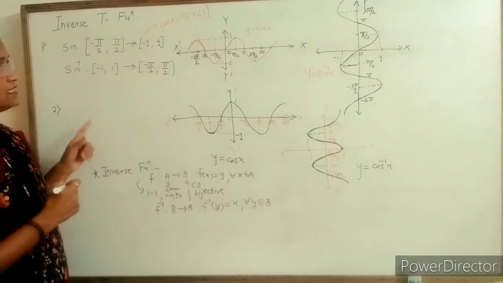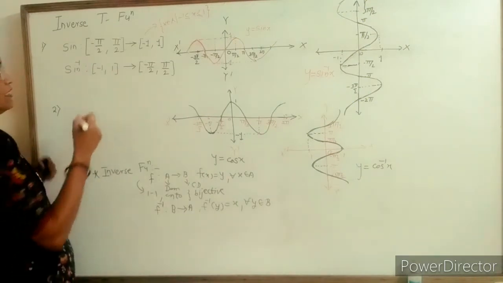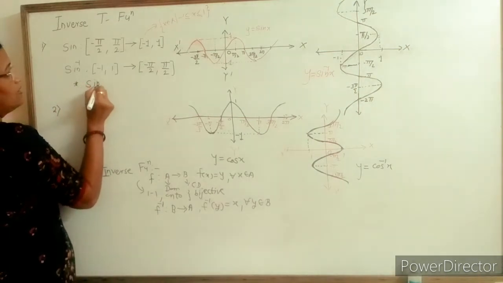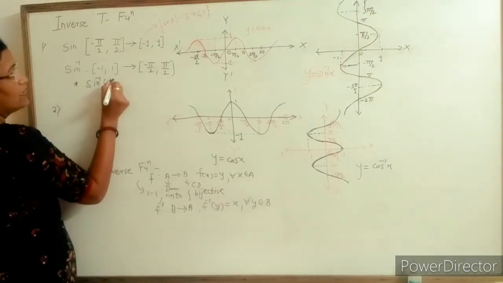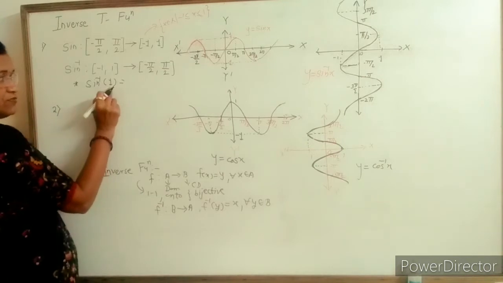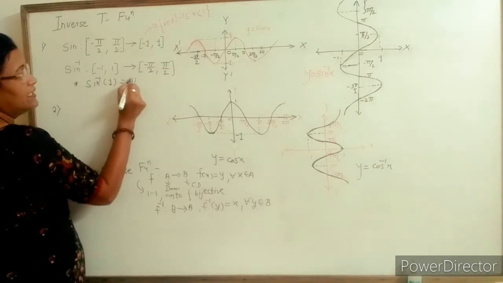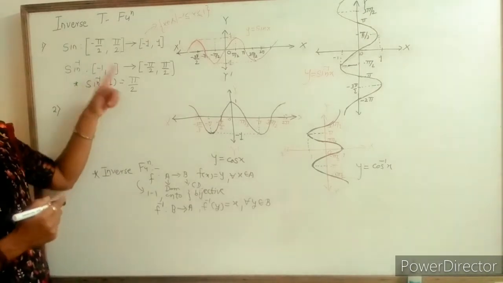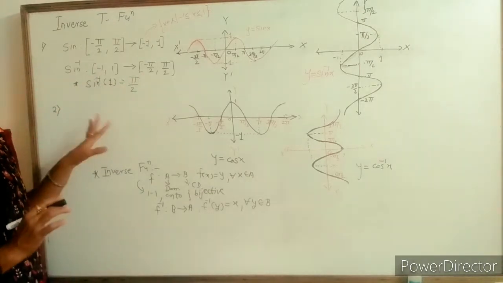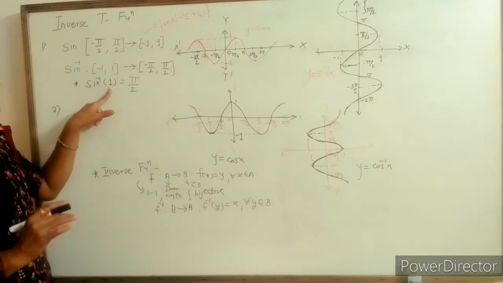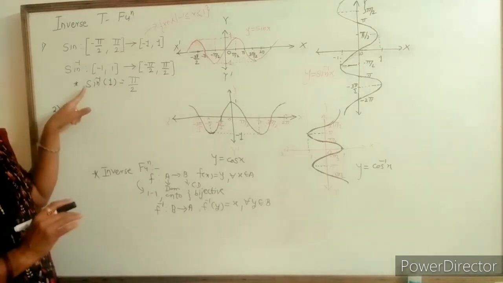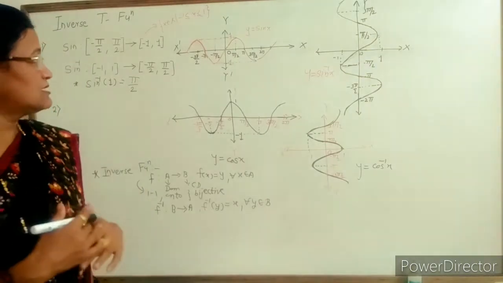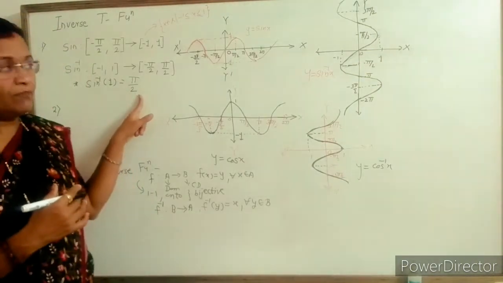Inverse mapping exists, and for this inverse mapping we take a general example. If we take sine inverse of 1, the value of the sine function is 1 for the angle 90 degrees, so this value becomes π/2, and -1 for -π/2. So as we replace this 1 by sine π/2, sine inverse and sine, that is the circular function and its inverse function, cancel, and you get the value π/2.